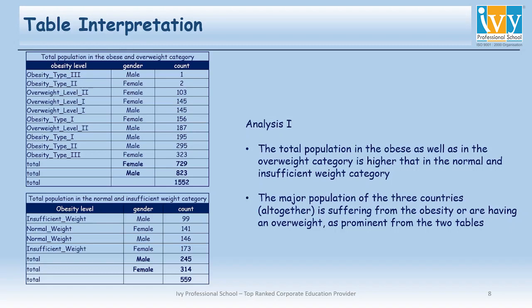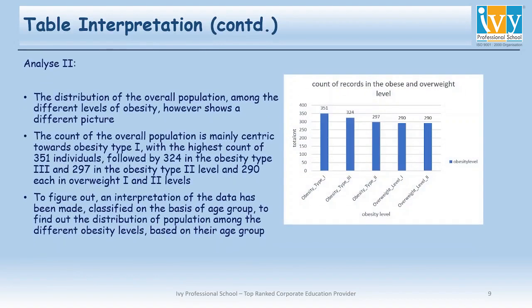So I can well say that a major chunk of the entire population from these three countries is suffering from obese and overweight levels. Now that I have found out my first analysis, my second analysis will be to see the count of records in each of the obesity and overweight levels. For that,